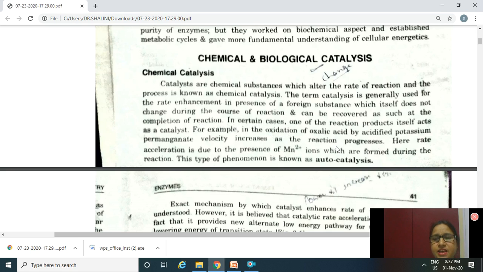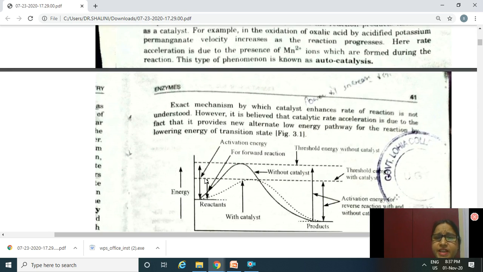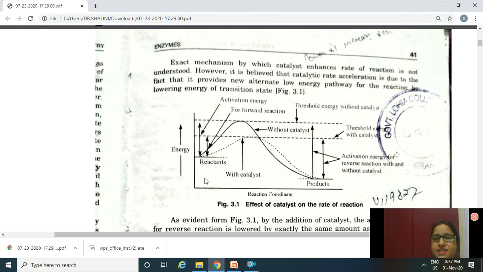In certain cases, the reaction product itself acts as a catalyst. For example, in the oxidation of oxalic acid by acidified potassium permanganate, the velocity increases as the reaction progresses. Here the term autocatalysis is used because manganese ions are formed during the reaction and accelerate the rate of the reaction. The exact mechanism by which a catalyst enhances the rate of reaction is not understood, but we can see